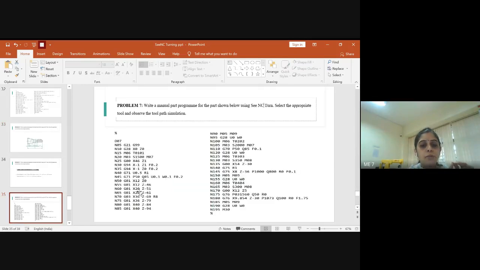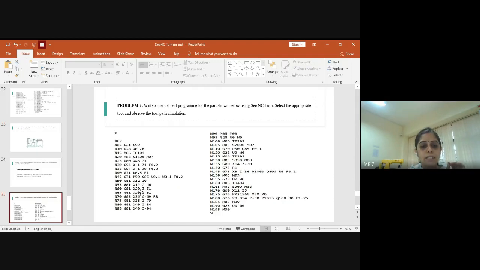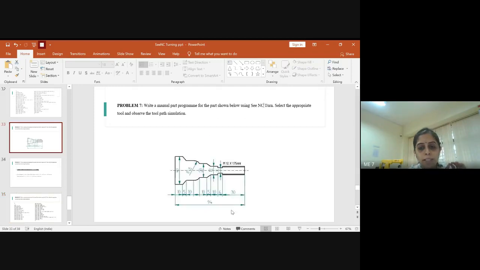So the value becomes X20 and Z minus 51, because until here it was minus 46 and minus 5 gives minus 51. At this point the diameter of the block is 20 mm, so we give the value of X as 20. Now the tool has come here, right?